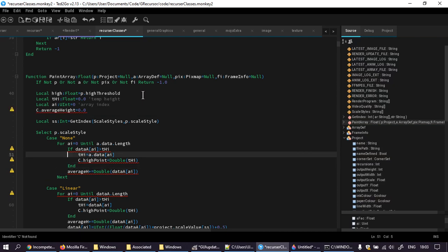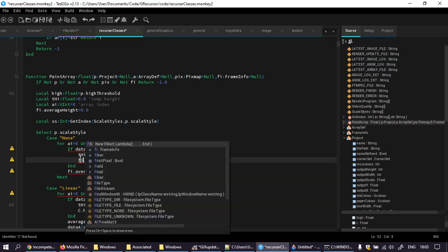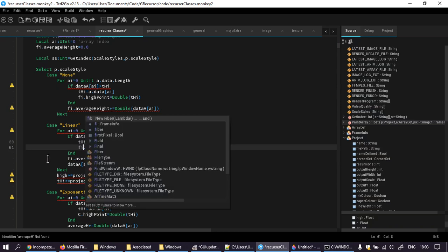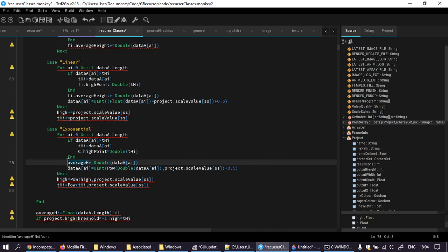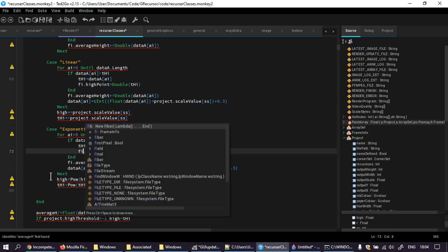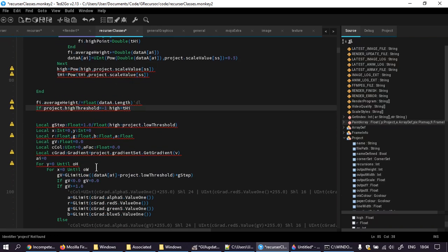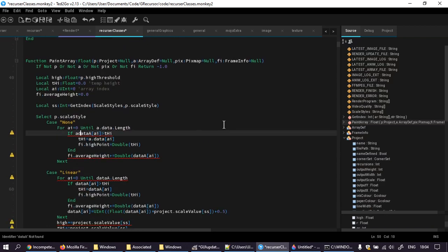So this is now, it's actually not that, it's fi. Frame info average height equals that. Frame info that. Here. A dot data, A dot data, A dot data, and A dot data, and similarly,